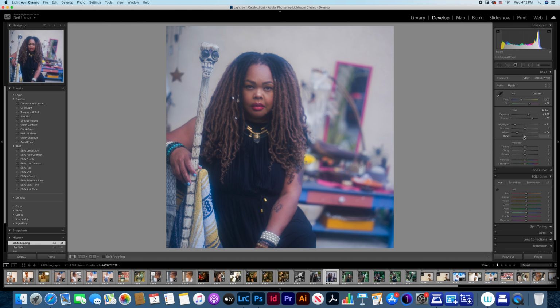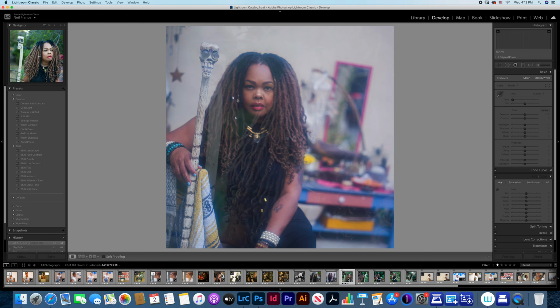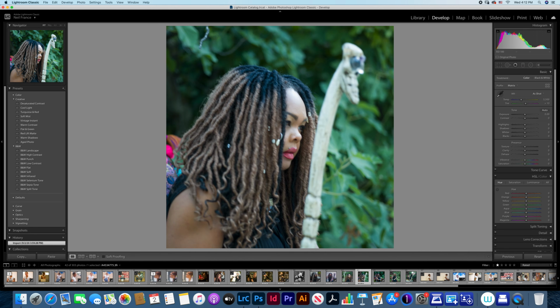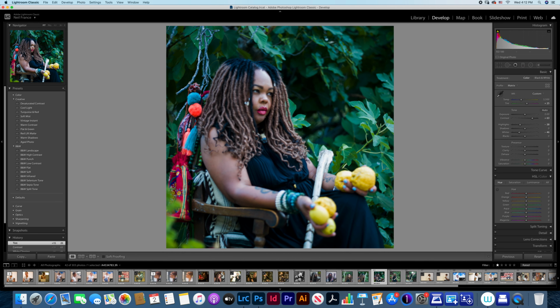Okay, and so yeah, shot her in front of this patio space right in front of the door. And then 10, 15 feet away from that space is this area that I shot her in.